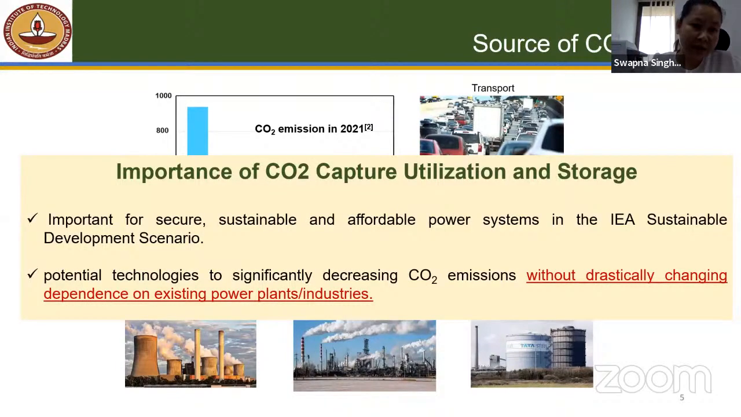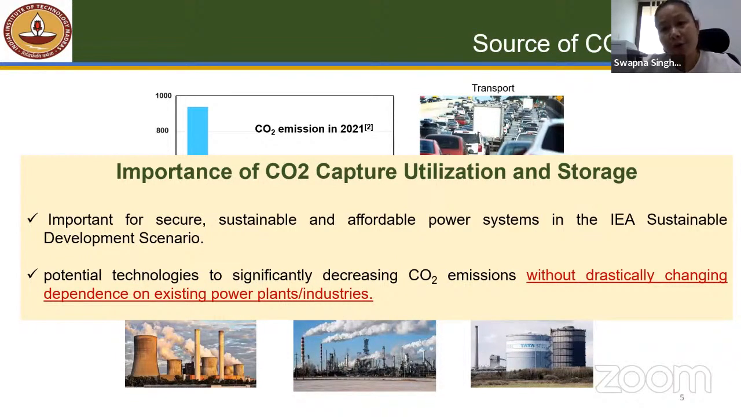One of the solutions is CCUS. Now the importance of CO2 carbon capture, utilization, and storage is that it will make a sustainable development scenario where we can secure a sustainable and affordable power system. How can we do it? That's with the help of CCUS,